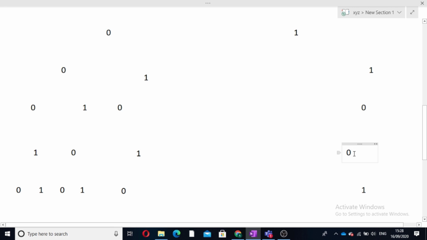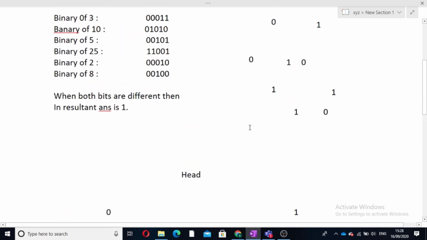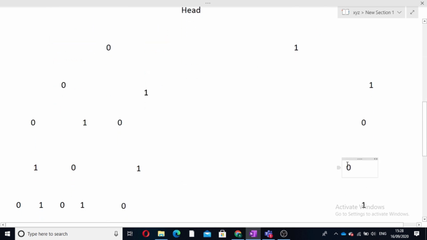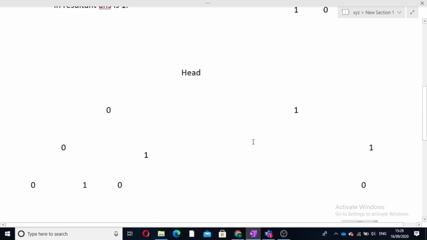Now once it has contributed to our answer, we will move to this node, that is the left node. Now we are currently in the trie at this node, and the work of these four bits is done, and now the last bit, that is 0. Now we are at this node, and the current bit is 0. So we have to check whether in the trie 1 exists or not. So we will be checking at the right side of this node. So we can see that 1 exists. So it is clear that 1 exists in the trie on the right side, and the bit is 0. So it will also contribute to our answer.